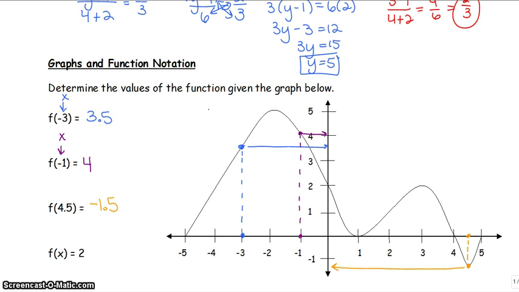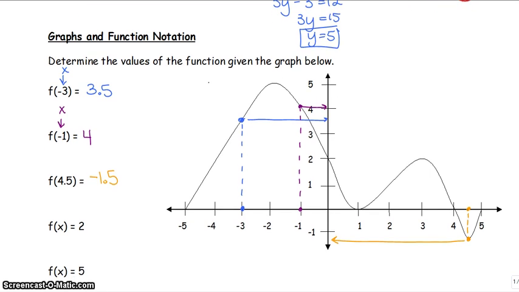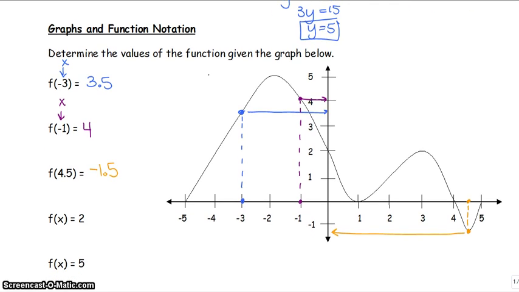Alright, now let's take it from a different perspective. We want to find f of x is equal to 2. Now since that's what it's equal to, the 2 is your y value, and you're trying to find out what the x value is. So here's when y is 2, and what we're going to do is draw a horizontal line